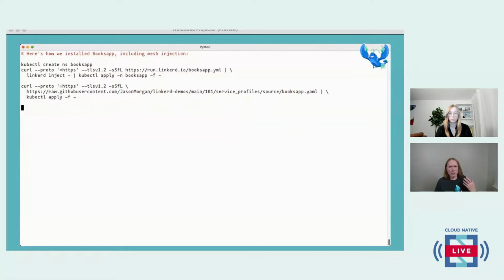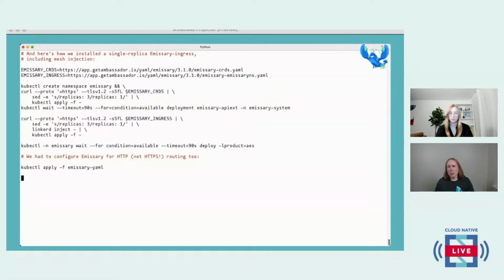Booksapp, again, straight out of the quick start for Booksapp, with the exception that I stole my colleague Jason Morgan's service profiles for Booksapp as well, just because it lets Viz do some nicer stuff. We're not really going to use the service profiles in particular for this demo, but they're really nice to have when you're trying to figure out if things are working.